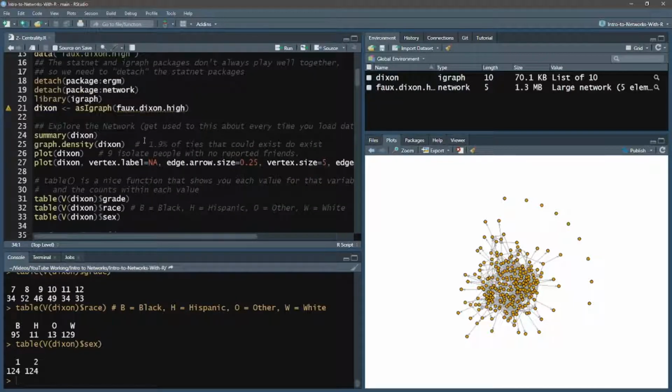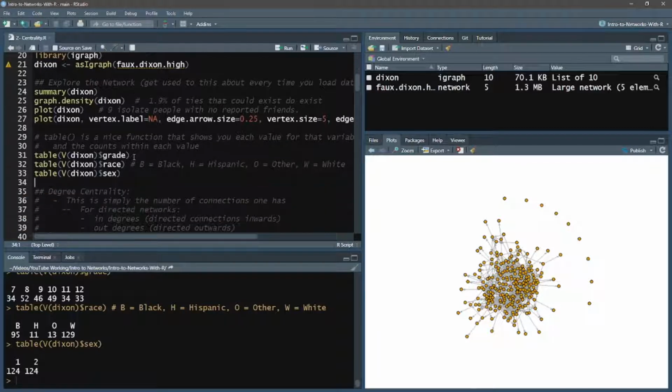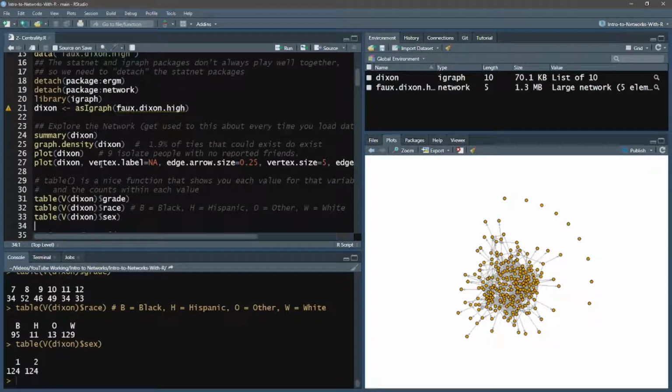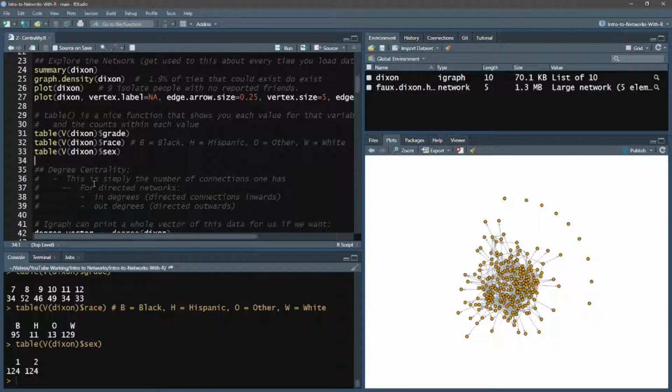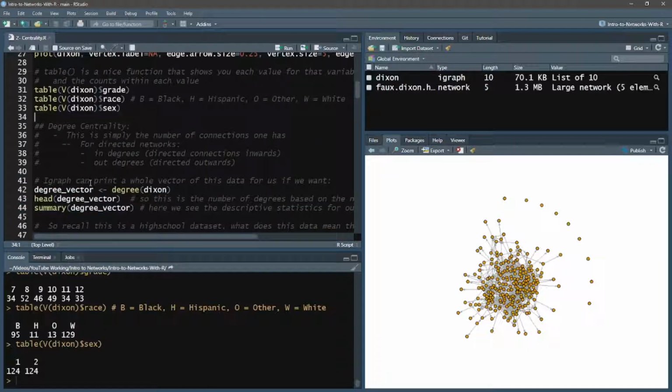If you want to know more about everything I just breezed through there, go back to the last video, the first in this series, and you can learn a lot more about how this data is set up and how we read it. But when talking about degree centrality, which is our first form of centrality, this is just the number of connections that one has.